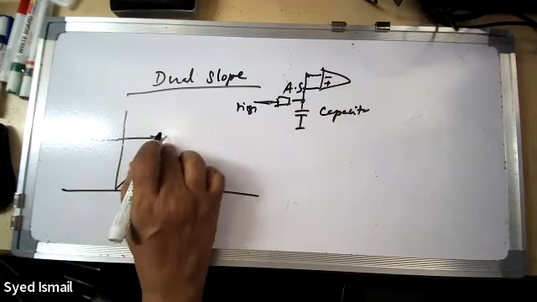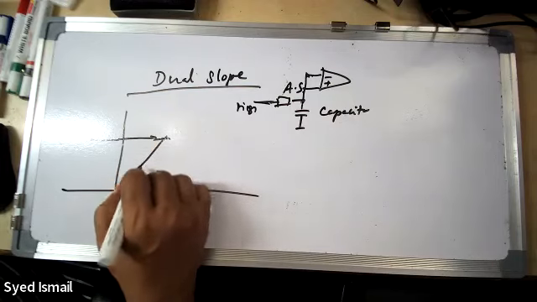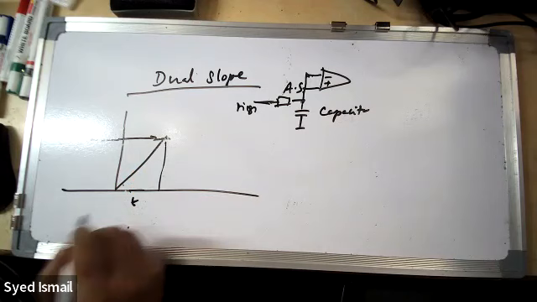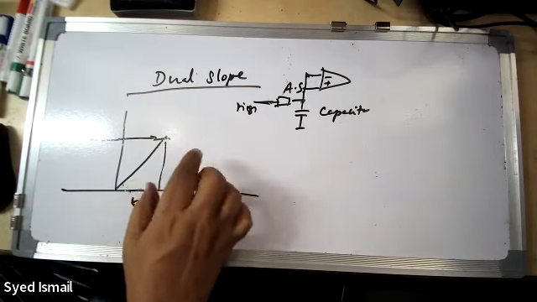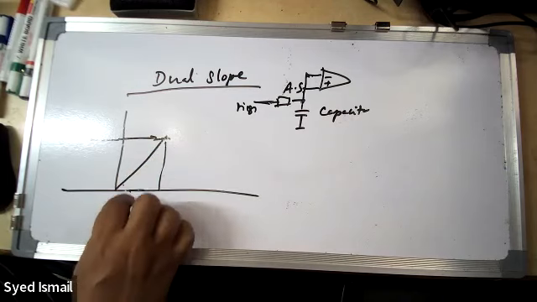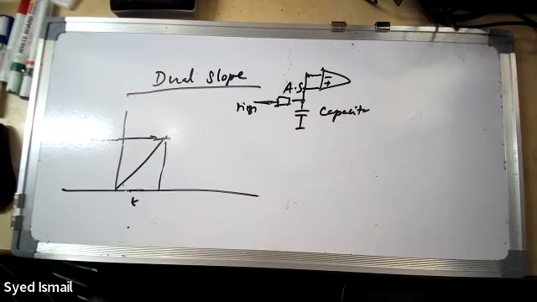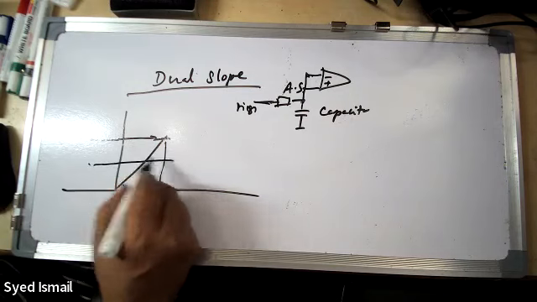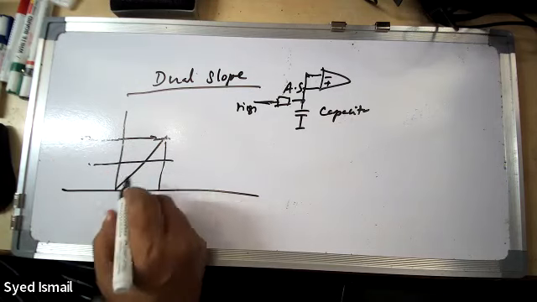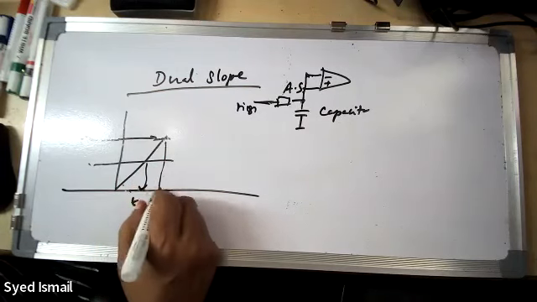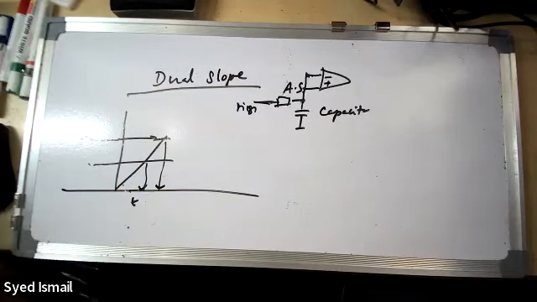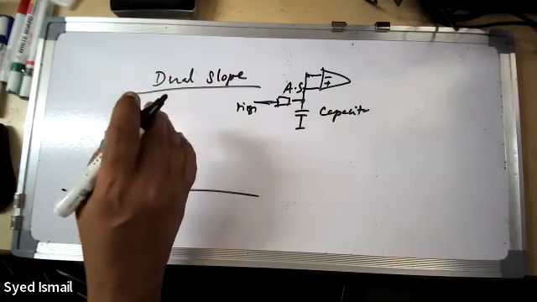Once it has increased and crosses the line, you know the time taken. This gives you an indication of how much time it takes to charge up to this level. Suppose the analog signal is here, it will take less time to charge. This is the time. Now, this is one slope, single slope.